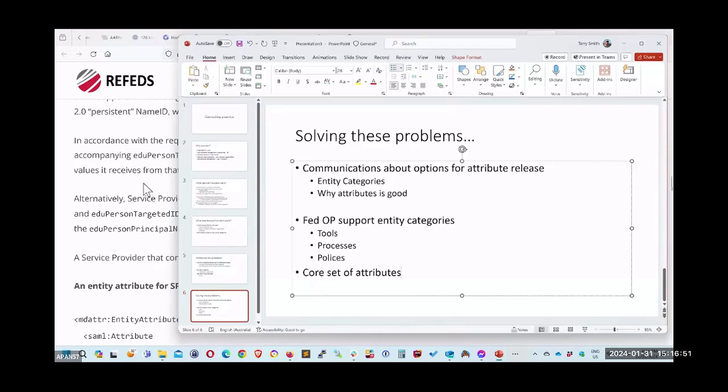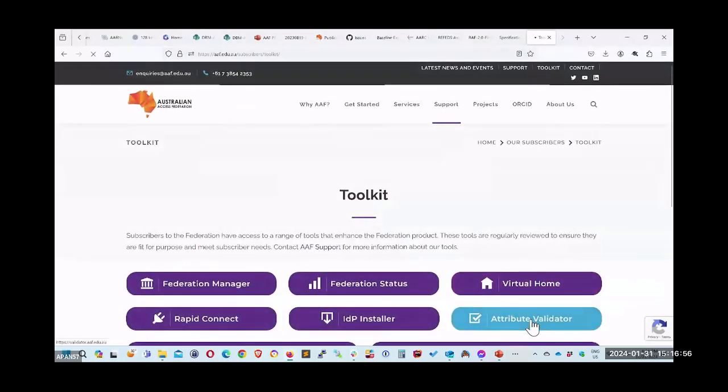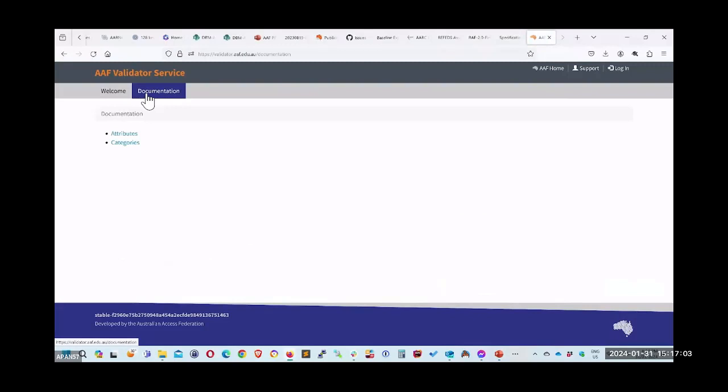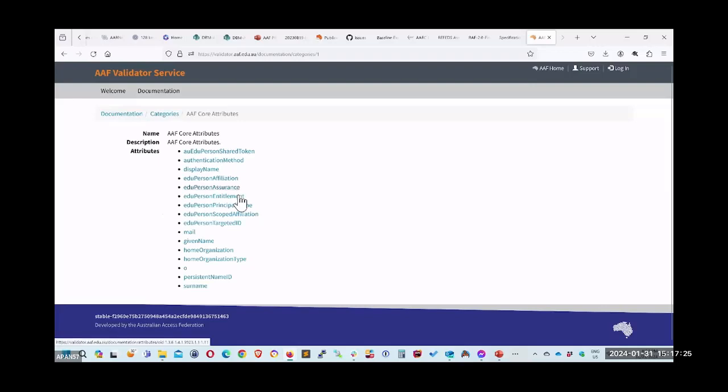So we might just jump in here. Look at the tool. This is a little validation service, and we have some documentation in here. And we have categories of attributes. We have the AF core attributes, the AF conditional attributes, it's just one at the moment, and optional attributes, which nobody supports because they're too lazy. So if we have a look at our core attributes,